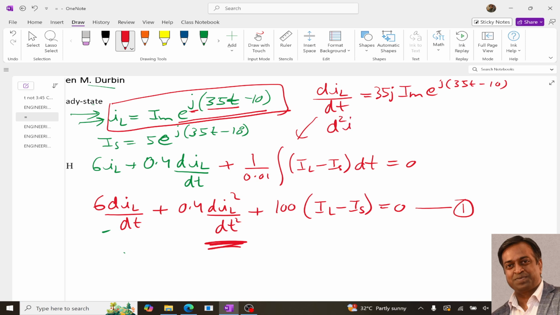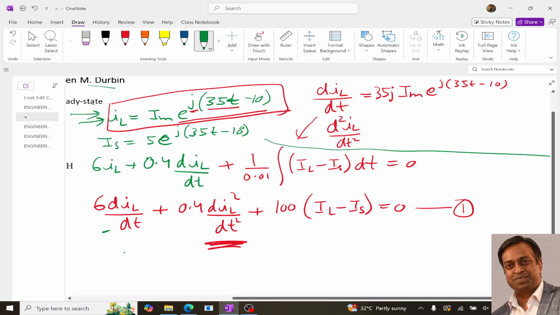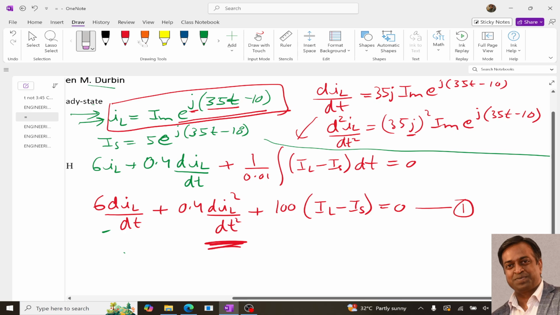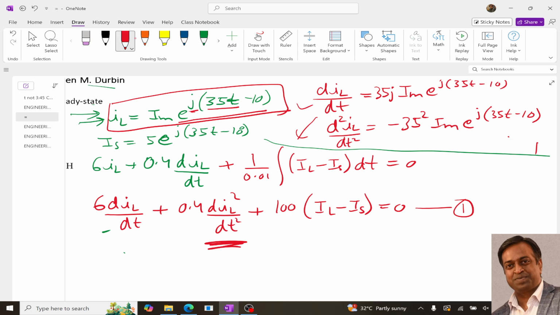So d2IL by dt square, we will get again 35j square IM e power j(35t minus 10), right? Since this is j square, and we know that j square is equal to minus 1, we can remove this j square and simply write minus 35 square, right? So from this we now know this and this. Substituting this value in these equations, we will get